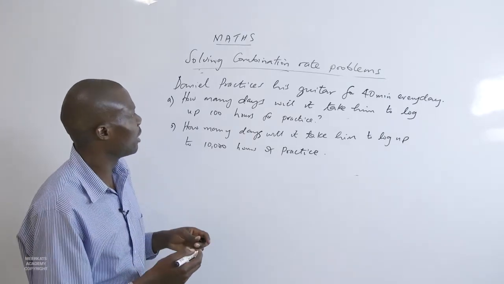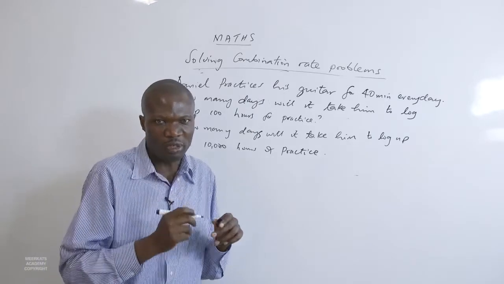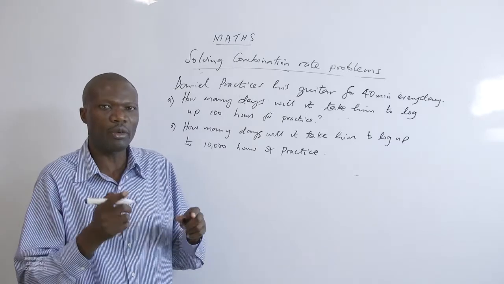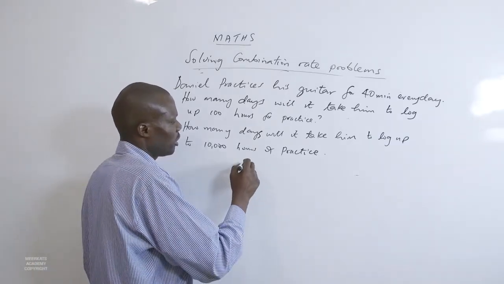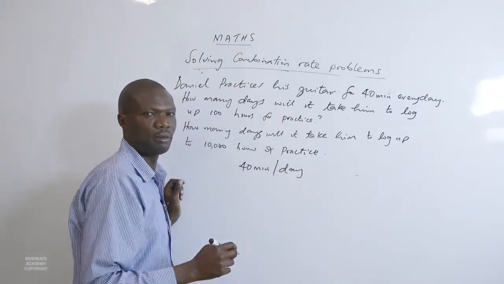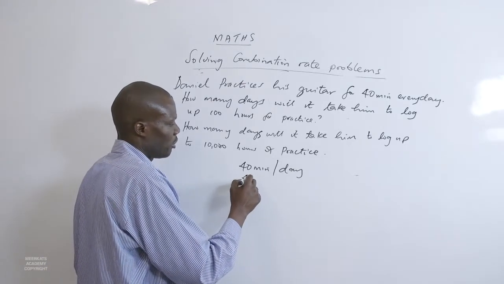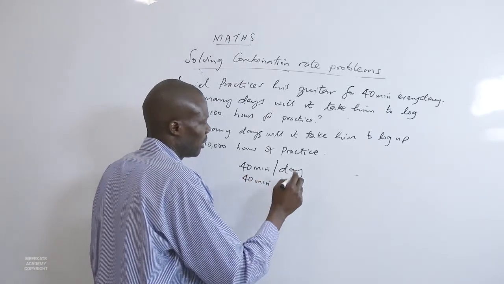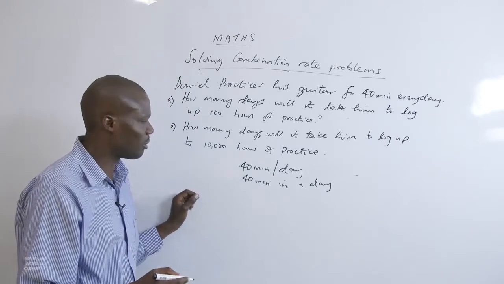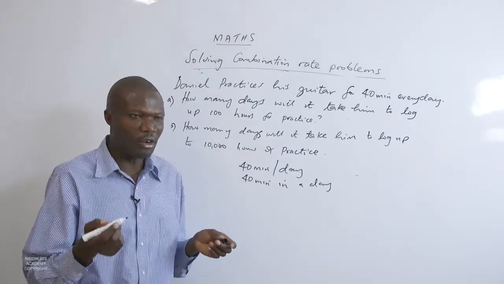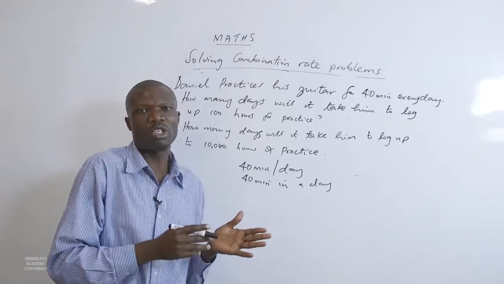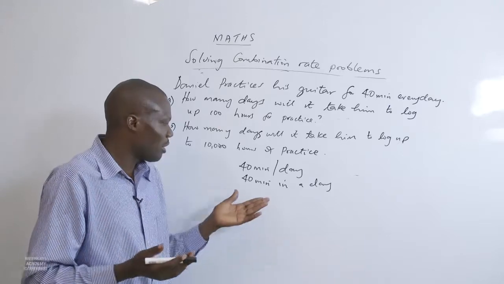So looking at the first one, it is every day only 40 minutes, not hours. So our rate, we are talking of 40 minutes per day, which is simply 40 minutes in a day. Then the question becomes, how many hours? Now, we can approach this question interestingly. There's nothing wrong if we choose to change, because our question requires us to deal with hours,